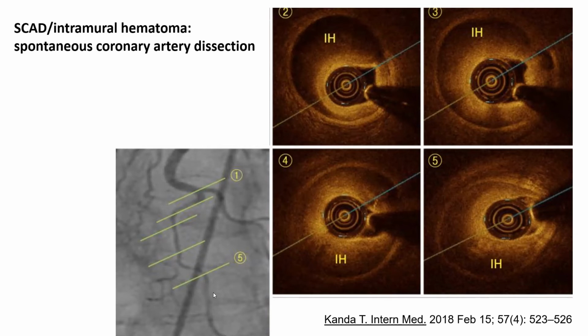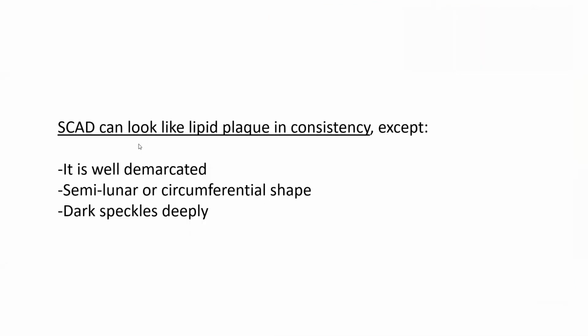Again, this is the classic angiographic morphology, distal, long, smooth, tortuous narrowing. So this is intramural hematoma. Again, kind of that crescentic. Here it's more circumferential, dark, deeply, well demarcated. Intramural hematoma, again, dark, deeply, well demarcated. This is really severe SCAD, circumferential. So SCAD can look like lipid plaque inconsistency, as I explained, except it's well demarcated, semi-lunar or circumferential shape, and